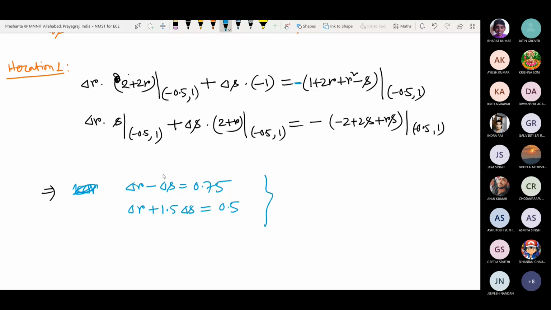Okay. So solve these. These are a system of linear equations. Very easy to solve. Delta R how much and delta S how much? Okay. 0.65, delta R is 0.65. And delta S minus 0.1. So what will be the next approximate factor? Next approximate factor is,